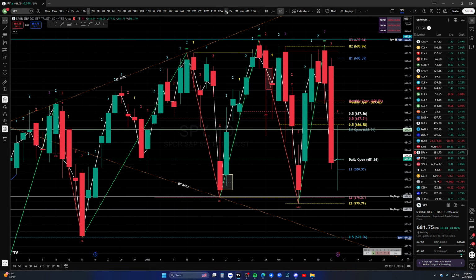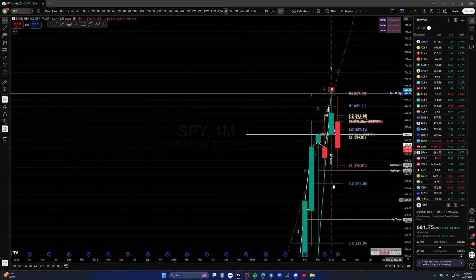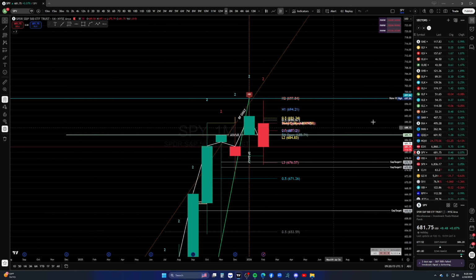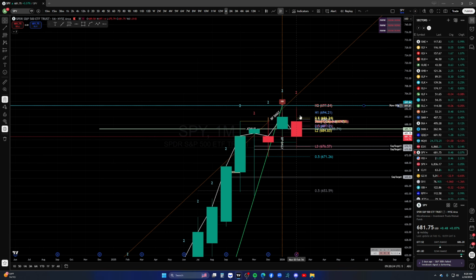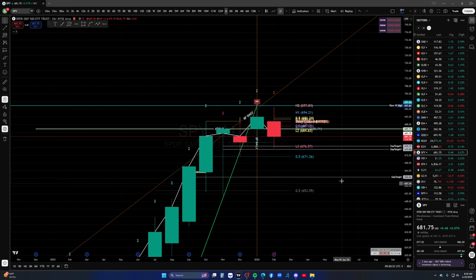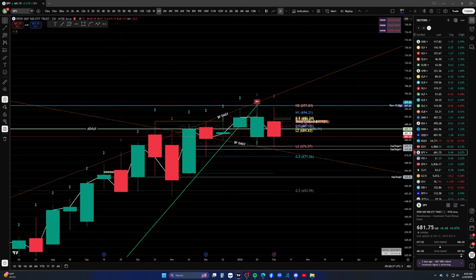SPY on the monthly here, we are a 2 down on the month. We are still holding on to those 697.84 highs that we made last month. We haven't been able to push through that and have been rejecting it ever since. So here we are on the monthly. The 2-week, we have the same thing. We are